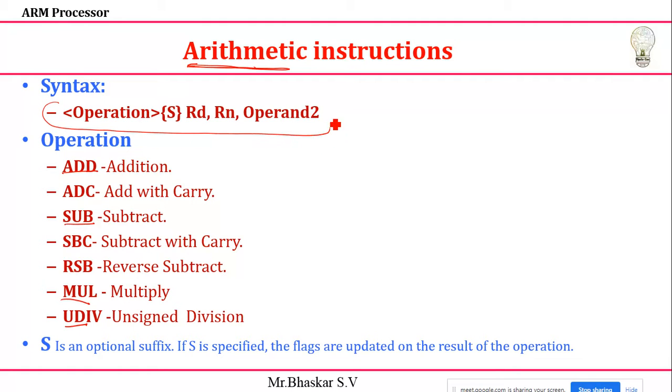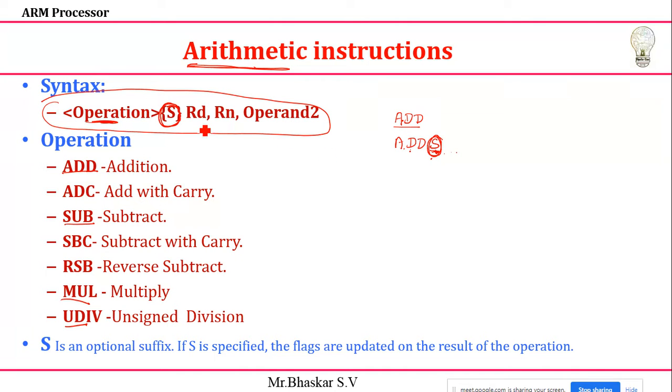You can see here, this is my operation followed by S. If you have an S, a question will arise in our mind. If you take any one instruction, for example ADD is my instruction, and another instruction I'll give is ADDS. Sometimes we use an S, or sometimes we do not. We should know the difference. ADD means it will do the addition only. If you give ADDS, after doing the addition my flags will be affected based on the result. If I want to affect my flag register, then definitely I need to add S for the arithmetic instructions.